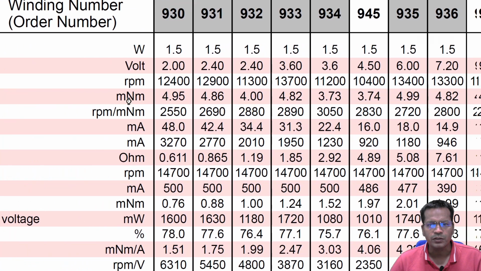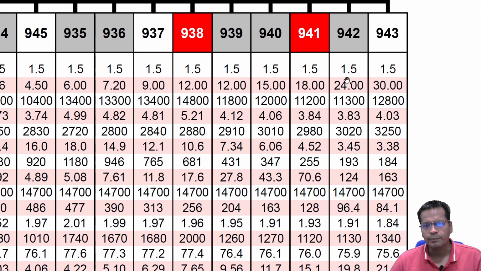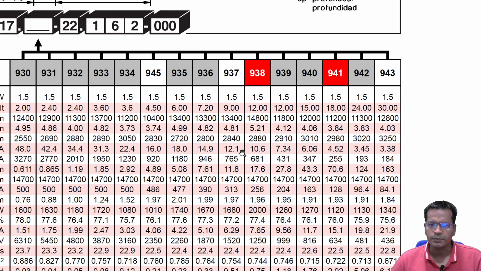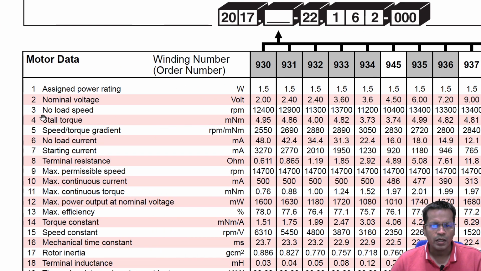Nominal voltage, that is 2 volt to 12 volt, 9 volt, all standard voltage motors you will find, right up to 24 volt, which is industrial standard. 12 volts for domestic appliances, 6 volt for toys and all you may see, 30 volts for some exceptional application. Then no load speed, the one you saw just now.